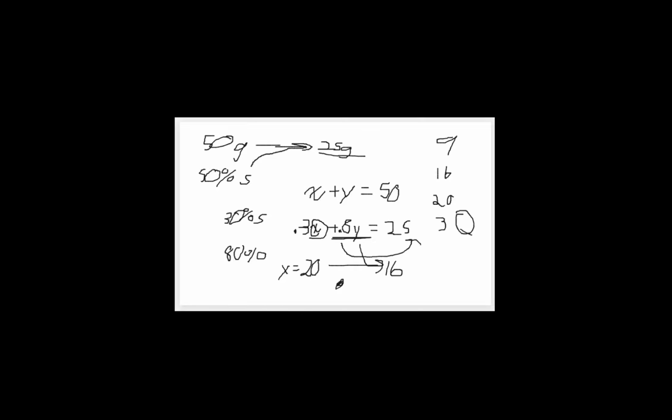Now, if we're looking for the amount of silicon in the second sample, we know that if the second sample has 80% silicon, and you combine that with 30% silicon in the first sample, 20 just can't be a possibility, right? And then 30, obviously not, because that's greater than the amount of silicon that we have at the end. And then